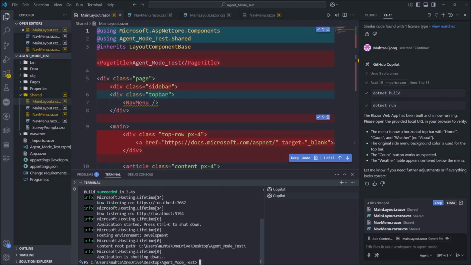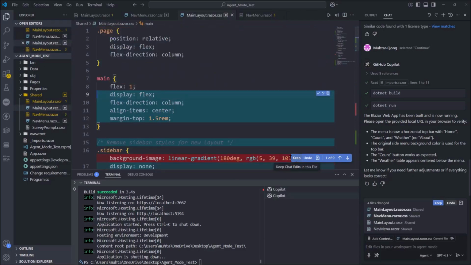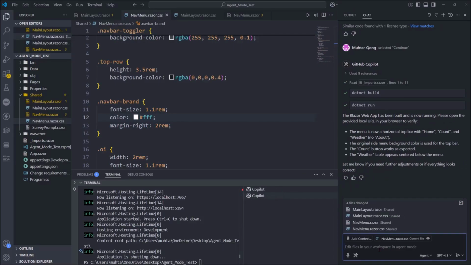Let me stop this application. Stop it, and then here I give. First I keep the changes until now. Okay, now I keep the changes. Then actually the application is working,